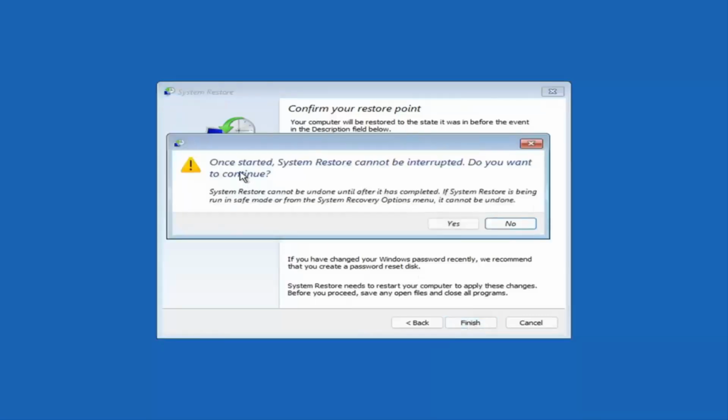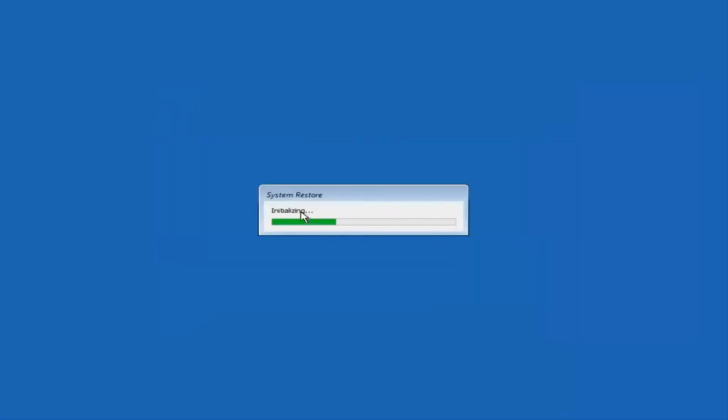and then we're going to select finish. So once started, system restore cannot be interrupted. Do you want to continue? I think we're going to select yes. I don't think we have anything better to do on our computer right now, so just give it a moment here